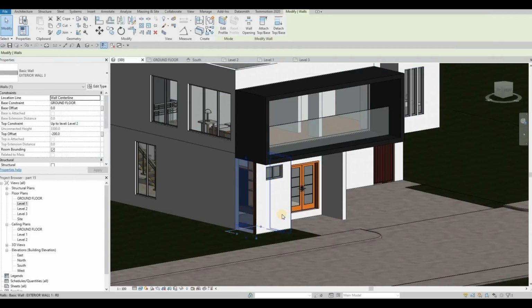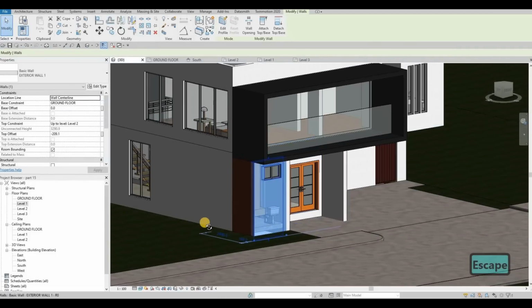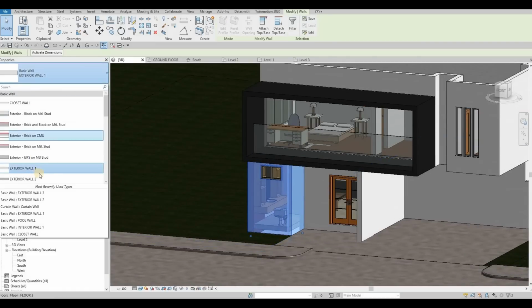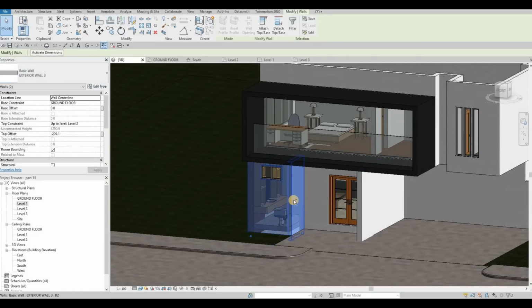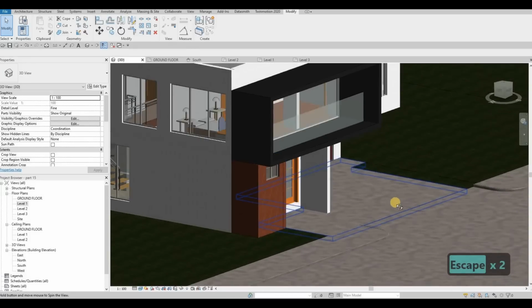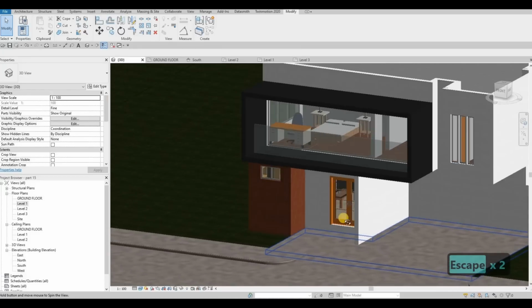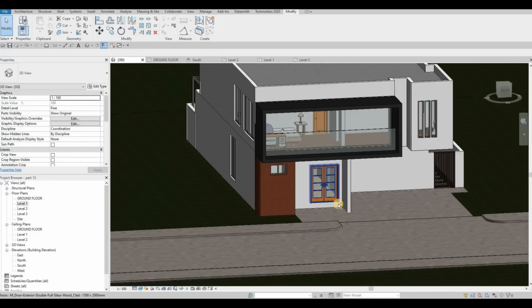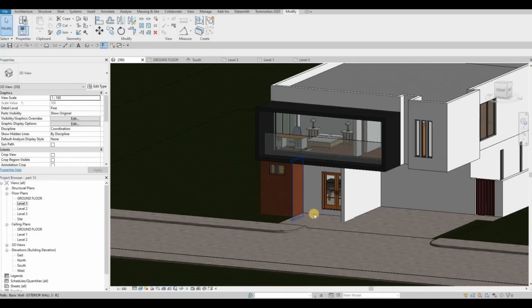So now I'm gonna change this and this one as well to wall number 3. Okay,